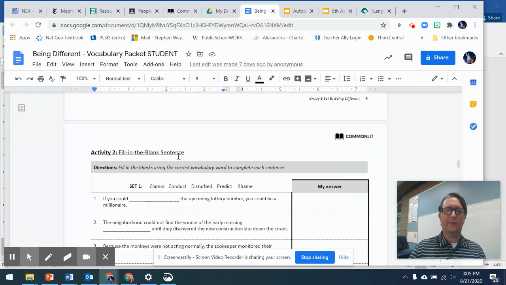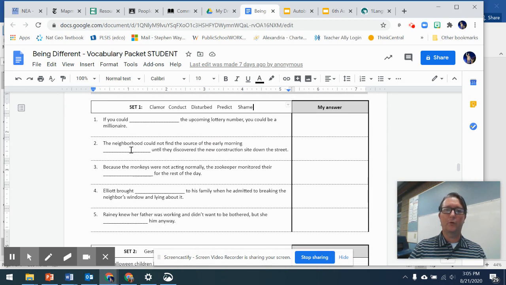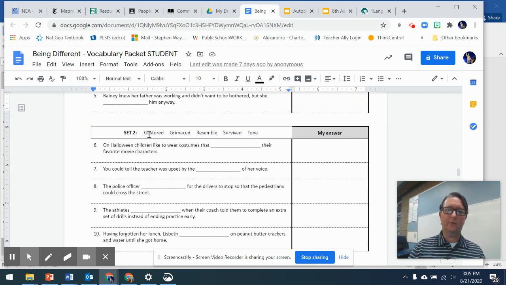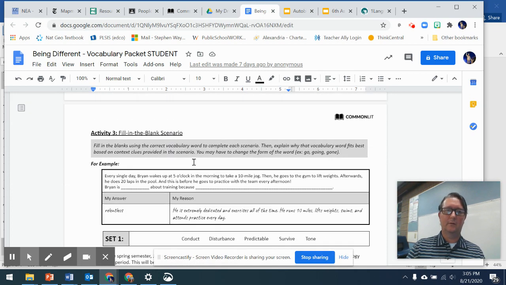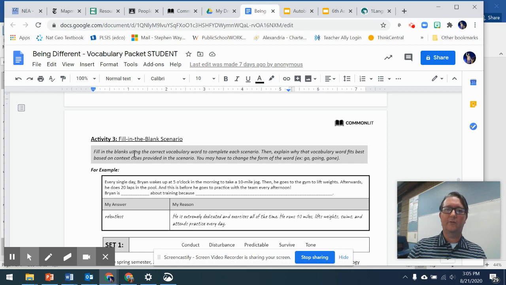Section 2 is a fill in the blank. You have these 5 words, and you'll choose which of those 5 words will fit most accurately in the blank, and you can just write the answer of the word over here. The set 2 is just the second half of the words, and you will again fill the blank with the correct word. Activity 3, so maybe by Wednesday you're on this one, says fill in the blanks using the correct vocabulary word to complete each scenario. Then explain